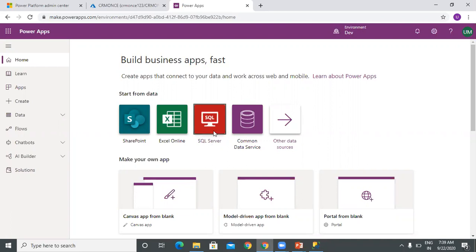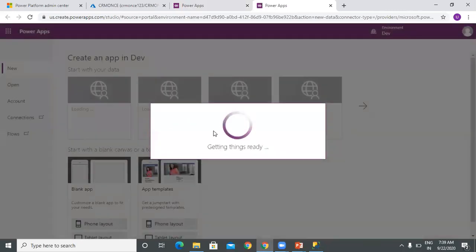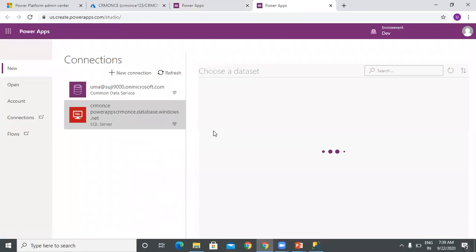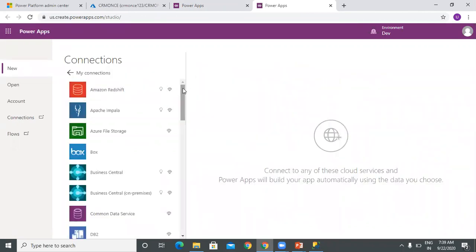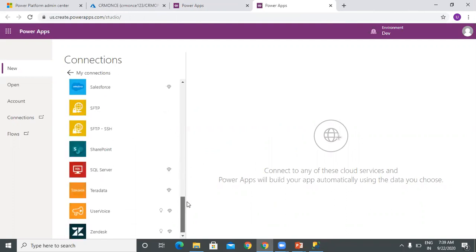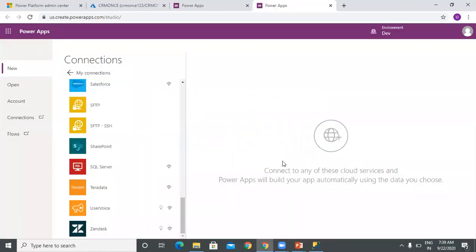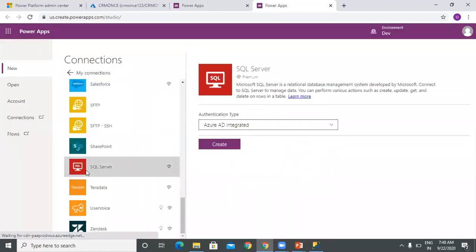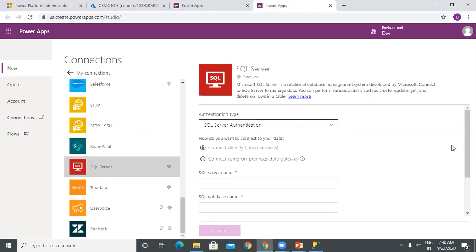So let me click on the SQL Server. We don't have that SQL connection, so we can create a new connection. Click on it and go to SQL Server, and you can select the authentication type as SQL Server authentication.